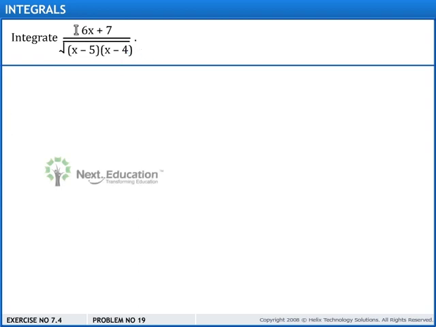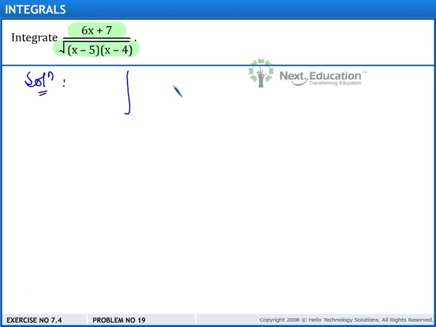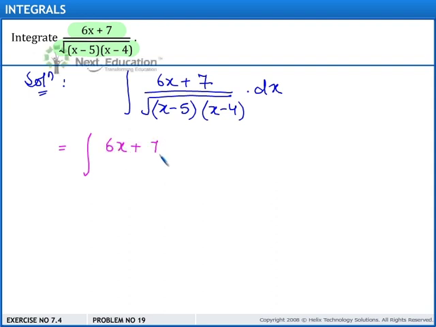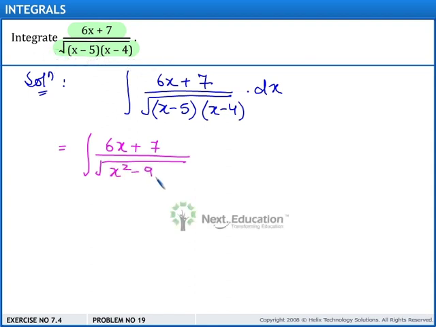Solution: we have to integrate the function (6x + 7) divided by the square root of (x − 5)(x − 4) with respect to x. Let's begin with the solution, and we have to evaluate the integral of (6x + 7) divided by the square root of (x − 5)(x − 4) dx, and this can be written as the integral of (6x + 7) divided by the square root of x² − 9x